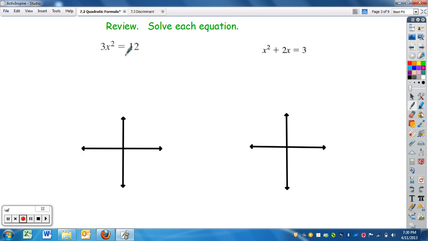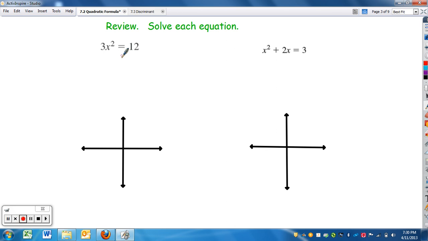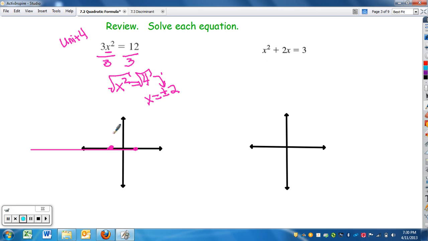So let's review. These are past methods we learned to solve quadratic equations. We did this back in Unit 4. We learned that we had to isolate x squared, so we divided by 3. And then we had x squared equals 4, square root, and x turned out to be plus or minus 2. Remember that plus or minus, to make sure you didn't forget? So that told me that my quadratic, and this one would open up, would cross at 2 and negative 2,